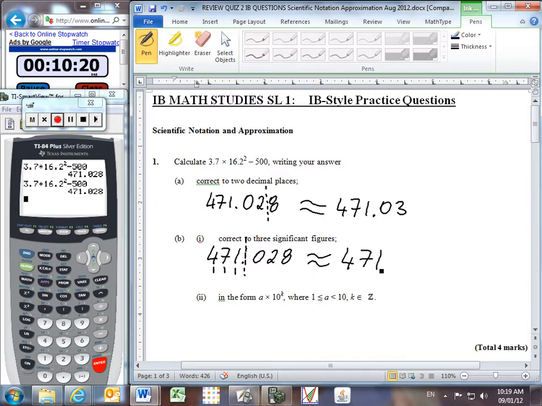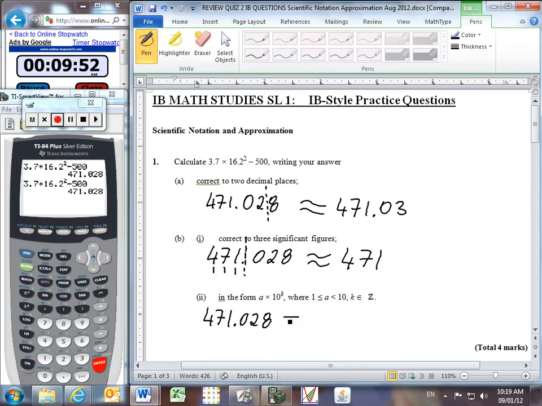Part C is in what we would call the scientific notation. The IB is careful not to use this term, scientific notation, because of, I guess, international standards. There might be some countries that would refer to that as something different. So they give you the form, a times 10 to the k. We know that a is a number between 1 and 10. We know that k is an integer. So we're dealing with